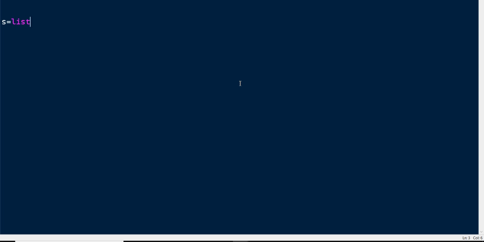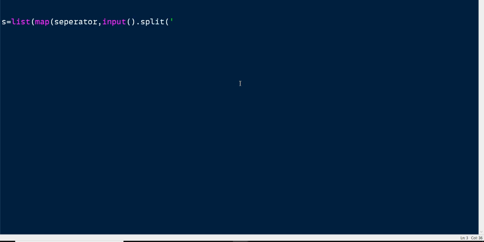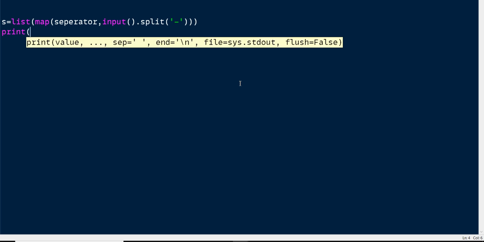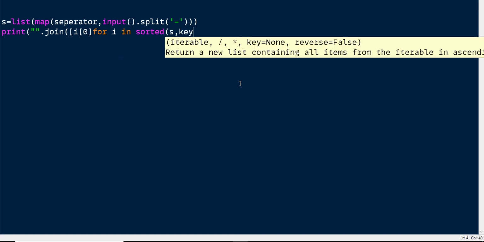No, it should be list map, separator, comma, the input value separated by hyphens, and then we will print the join of i of 0 for i in sorted of s comma key equal to lambda x: x of 0.